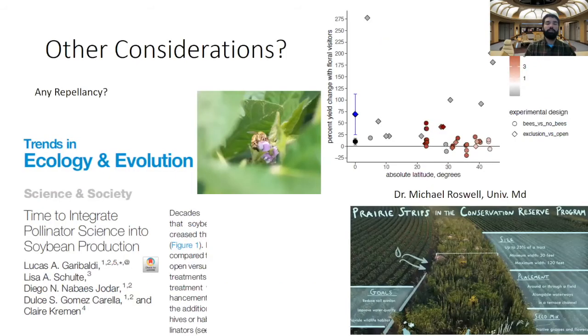Other considerations when thinking about whether or not to apply an insecticide with a herbicide or a fungicide, pay attention to what stage of the crop you're growing in. And the reason I say, and especially for fields that are near managed honeybee hives,